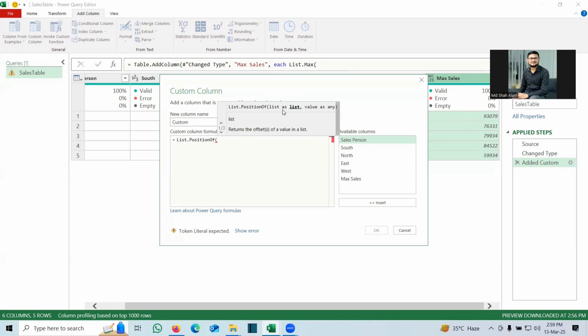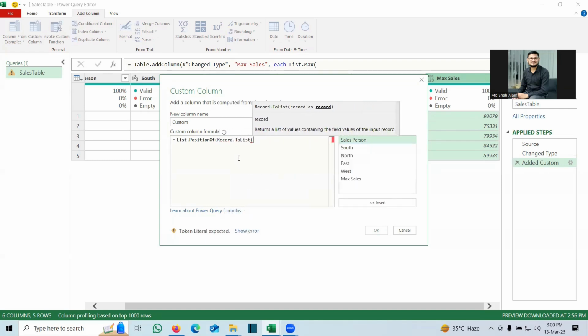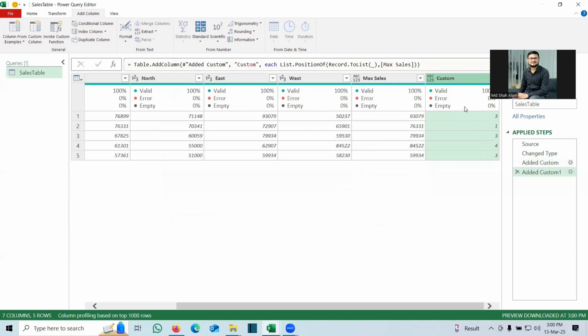And you can see the first argument is list as list, so I have to provide a list in this argument. Here I will use the same concept I have just applied earlier. I'll write Record.ToList, and in the argument I'll write just underscore for creating a list, comma, and the second argument is value as any. So I'll click on the Max Sales amount because I want to find the column index number of this max sales amount. I'll just double click, close the bracket and click OK. You can see I have got the column index number of the maximum sales amount,